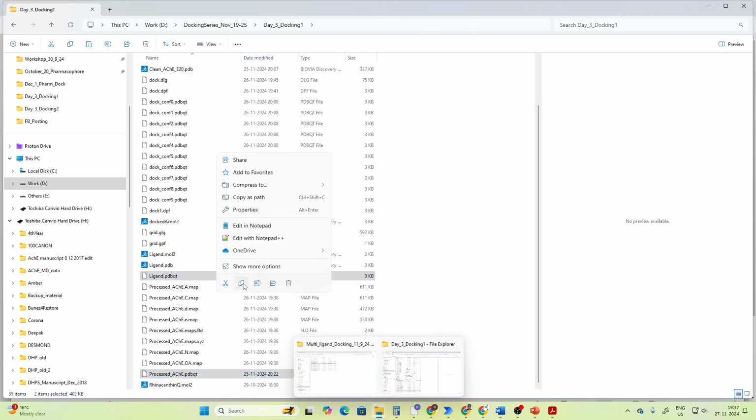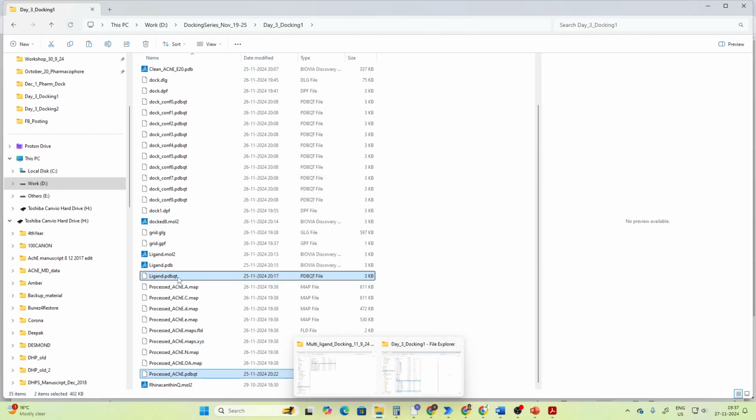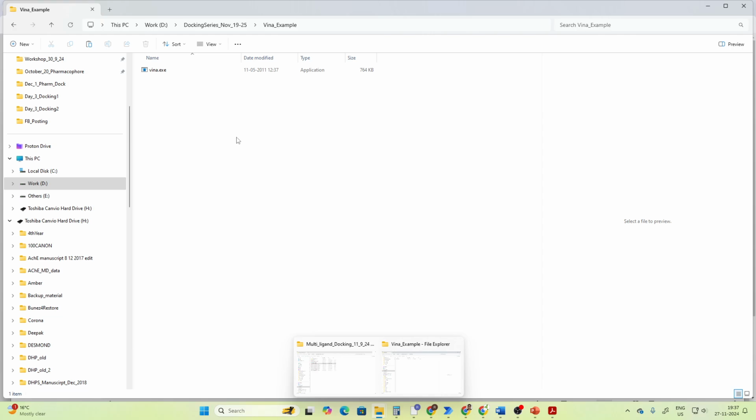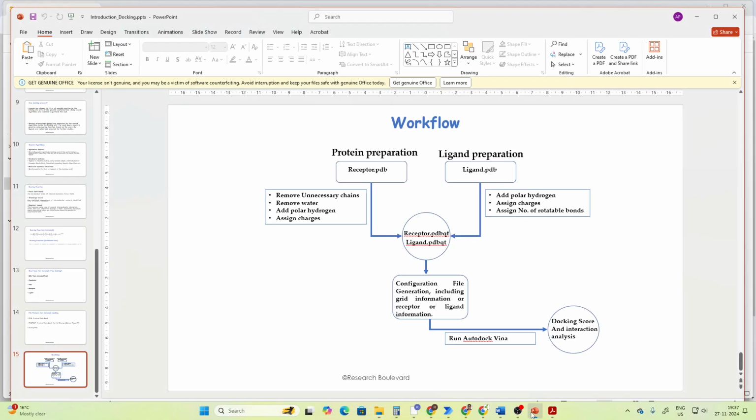So let's copy the co-crystallized ligand as well as the processed receptor file, and paste it here. So we have the processed receptor, processed ligand, and the vina.exe file, right? Once you have this, in AutoDock 4 we have to go to AutoDock Tools